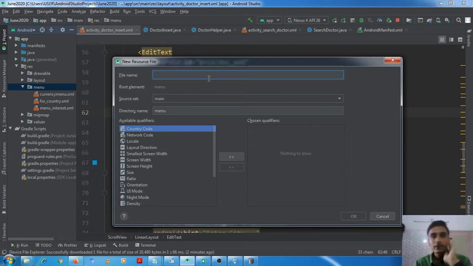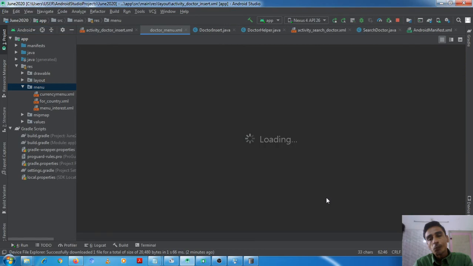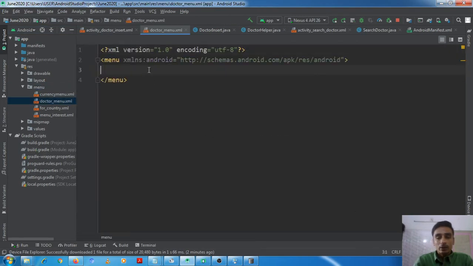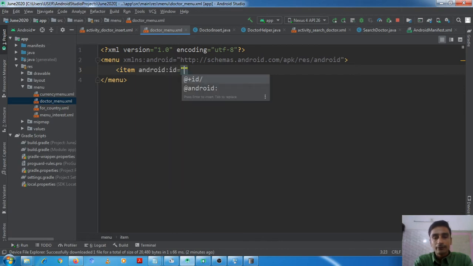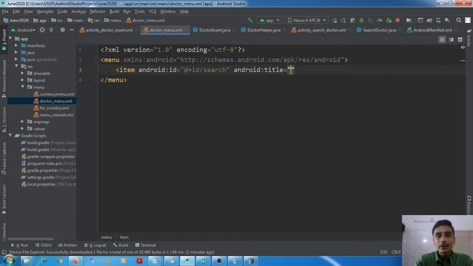It will be doctor menu, and here I will have only one item, and it will be for search, and I will also set the title as search doctor.